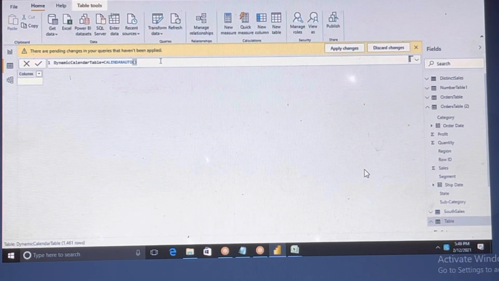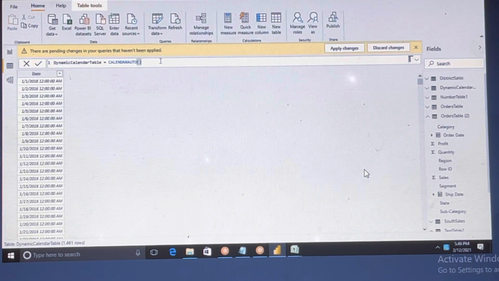See, you can see the starting date to the ending date, you are able to get the data. All the dates. So if you wanted to filter any date related things, use this one.